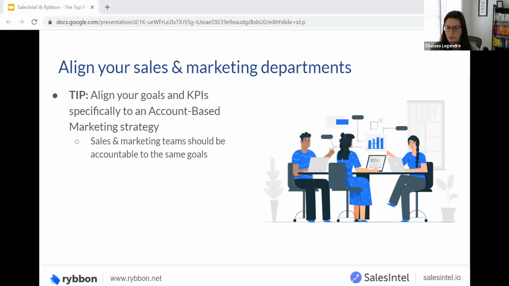One more tip here is to collaborate on messaging for every channel, but also every persona. So these key points can be anything from product features to industry stats to customer stories, whatever drives home the point that your product provides huge value to them. But you do want to be selective in choosing these key points so you're not overwhelming the target audience. And part of that is also creating a story for each of these personas. You have the actual end user, but you also have the buyer, like Raj talked about, the CFO, the person actually signing, and then the influencers, the people who might be involved in swaying you one way or the other.